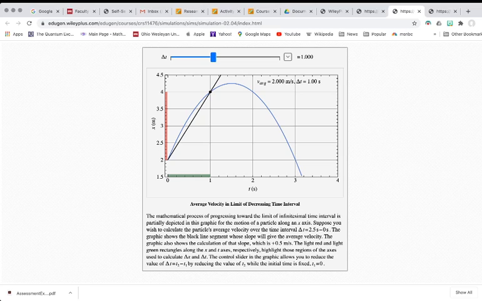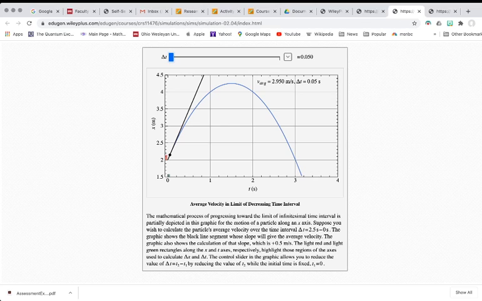And I'm now going to take the limit as the delta t gets smaller and smaller, with the t initial always being equal to t equals 0. That is graphically the same thing as in calculus taking the limit as delta t goes to 0. Now this slider doesn't let me have delta t go all the way to 0. The smallest I can get is delta t is 0.05 seconds, but it's showing you that I'm approaching a black